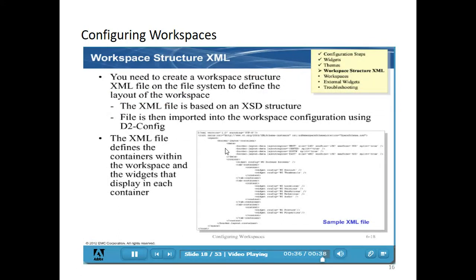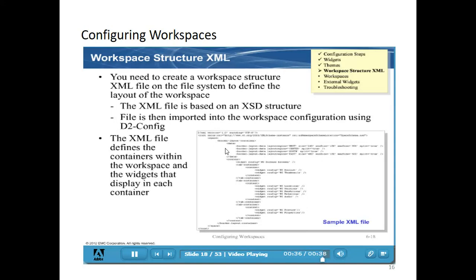You need to create a workspace structure XML file on the file system to define the layout of the workspace. The XML file is based on the XSD structure. The file is imported in workspace config using D2 config. The XML file defines the containers within the workspace and the widgets that display in each container. So basically there are 5 containers, or you can say widgets.